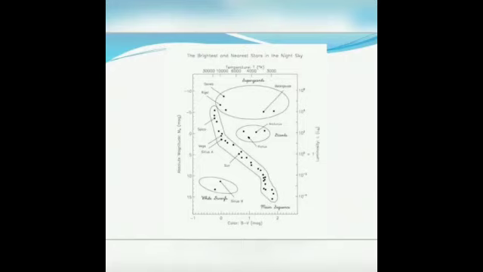For example, the luminosity of the Sun is a constant, 3.85 into 10 raised to 26. Sigma is a constant. We also have the surface temperature, which is 6000. And what might be the R? It is 6.46 into 10 raised to 8 meters. So that is the radius. It is only the radius. So if you know the luminosity as well as the temperature, definitely we can find the radius.